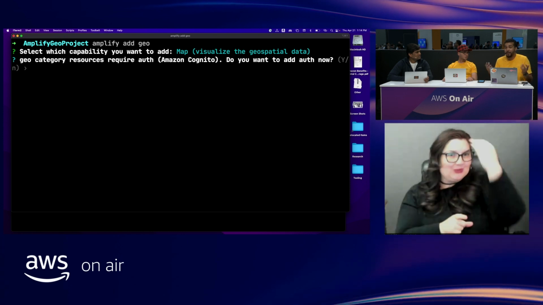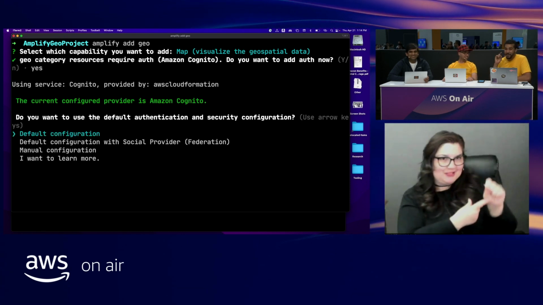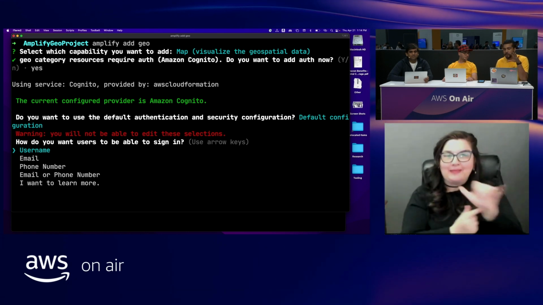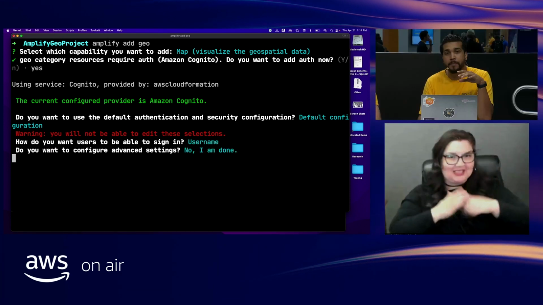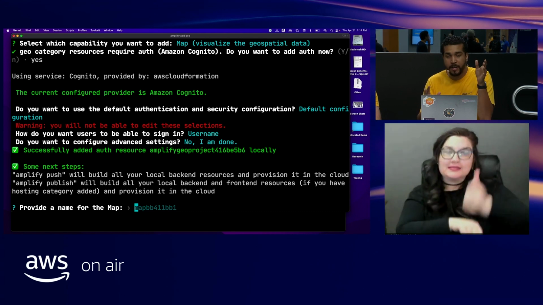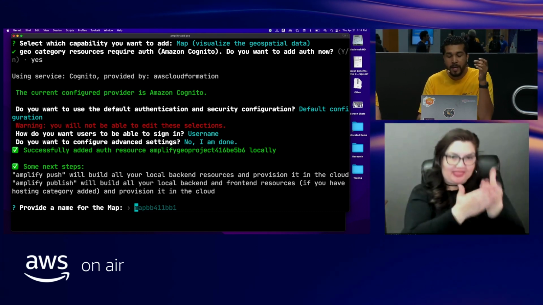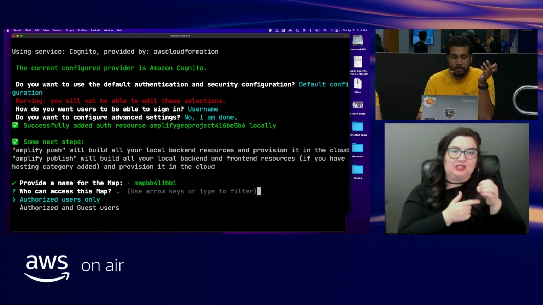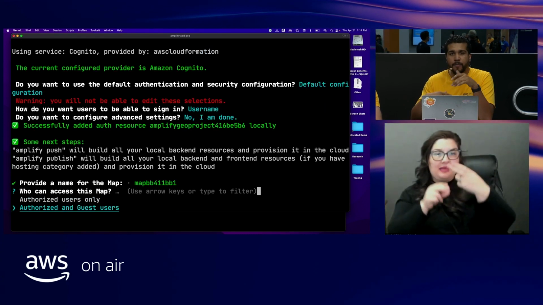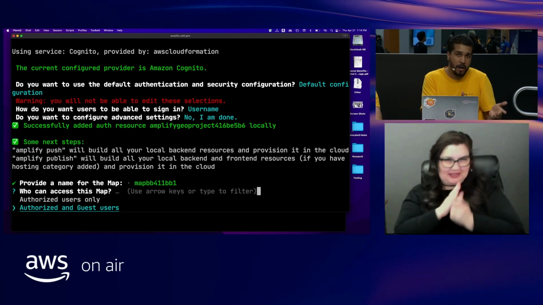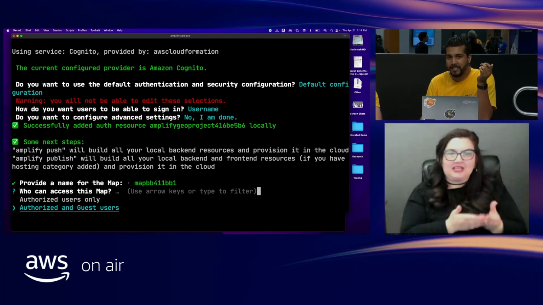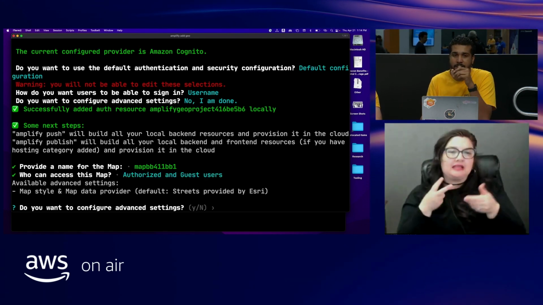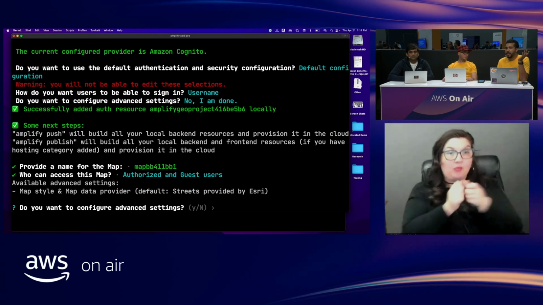So you don't really even need to know a whole lot about it. I actually don't know a whole lot about AWS. So that's one of the awesome things about Amplify is that you don't need to know a whole lot in order to get started. So what it's asking me here is it's asking me to set up authentication, the authentication category through Cognito, and then we can add in the geo category. So as you can see, provide a map name. We're going to go with all the defaults, and since I am not going to be providing authentication flow, we're going to go with authorized and guest users, so that we're able to just check out the map without having to sign in. And then from there, we're not going to do anything special.